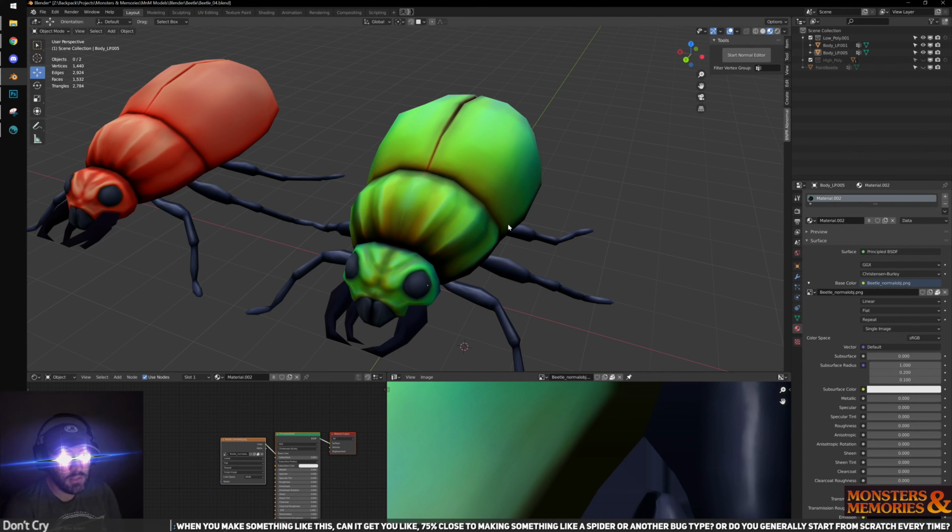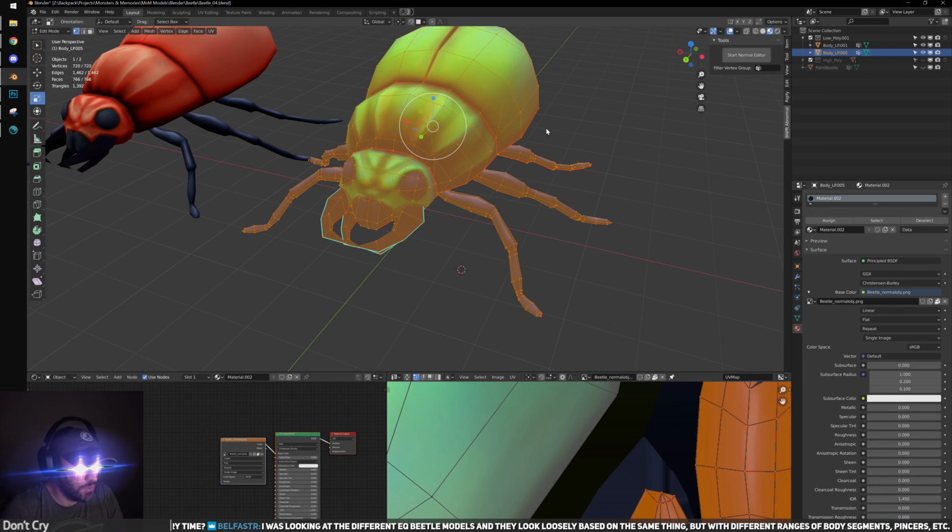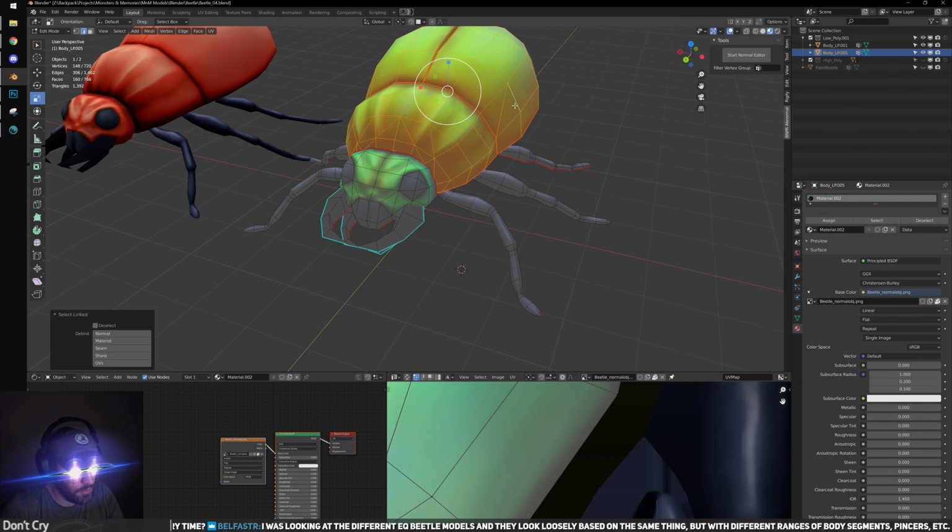When you make something like this, can it get you like 75% close to making something like a spider or another bug type? Or do you generally start from scratch every time? I was looking at the different EQ Beetle models, and they look loosely based on the same thing, but with different ranges of body segments. Technically, I could reuse some of the bits on this guy,